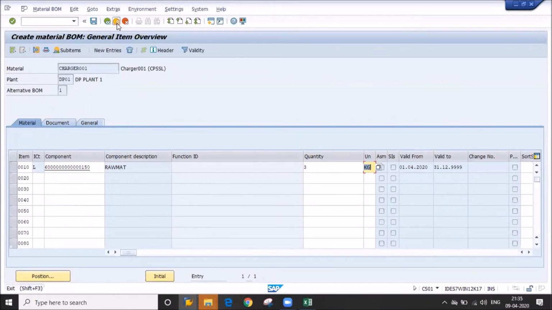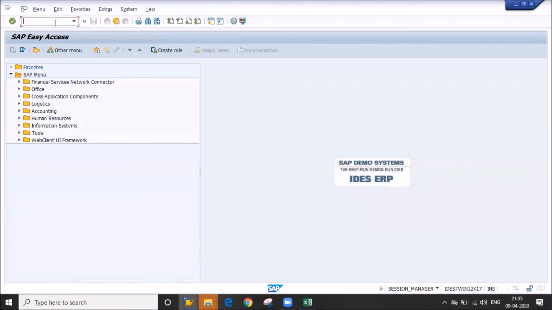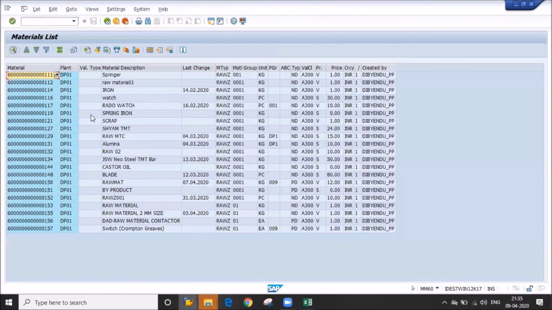No, our material is not. You can see from here, and the T code is there, MM60, which I already explained to you.